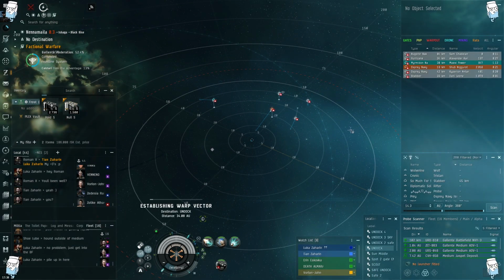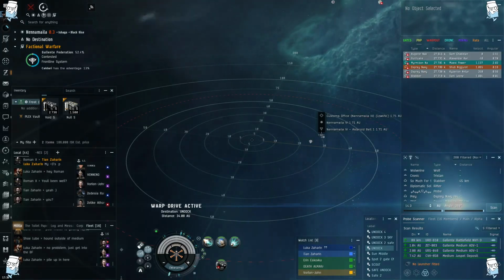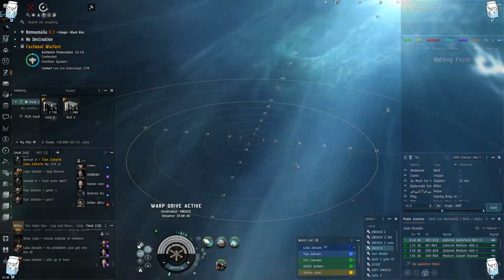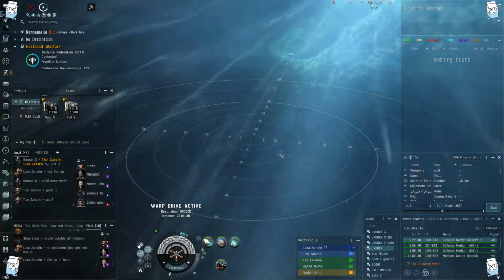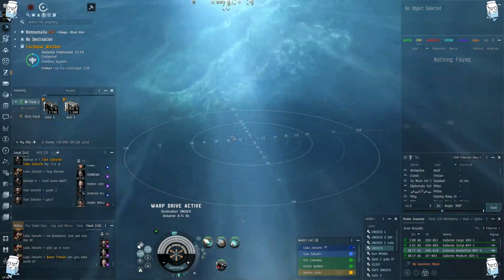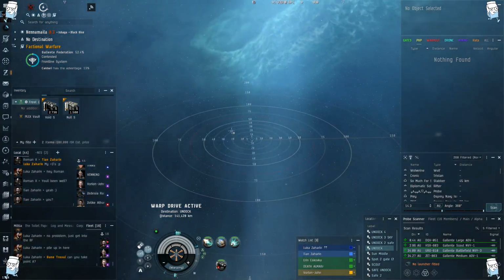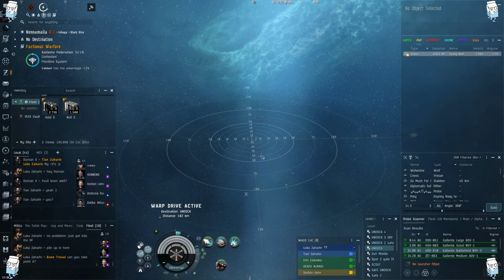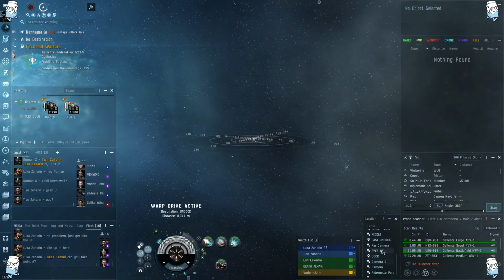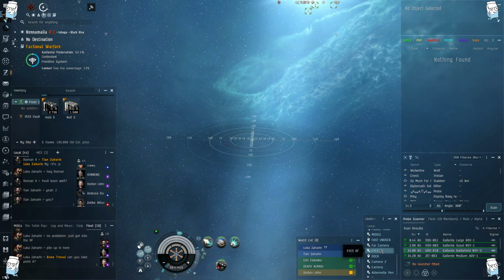Warp drive active. Tons of Osprey, Hurricane, Auger, Stabber. It's just a Stabber, Hurricane joined. Those were the new ships that just jumped to that side. So I had to warp out again, guys, because as you saw, I warped him right beside them, and that was